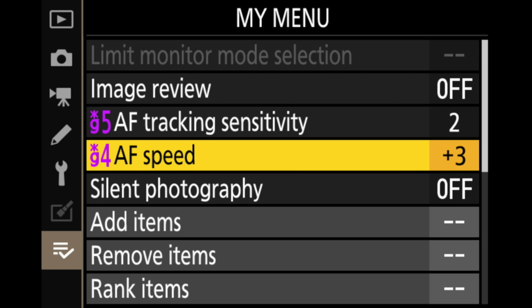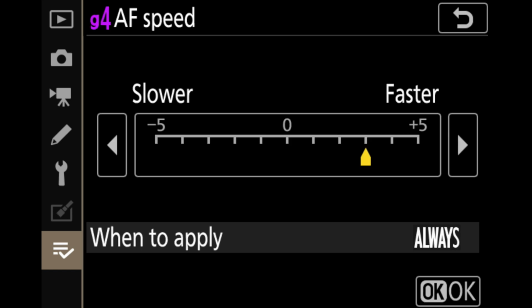For AF speed, I have mine on +3, and I find that to work really well with following people, and as long as you have a gimbal and a nice smooth motion, that's right where I need to be. And I've tried pretty much every single setting. I will say with